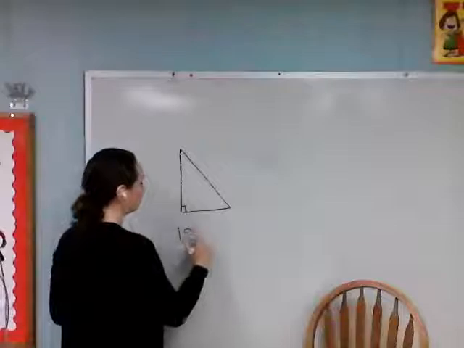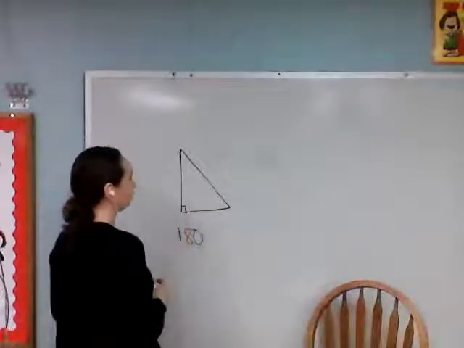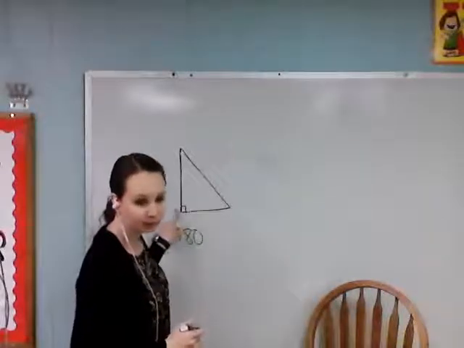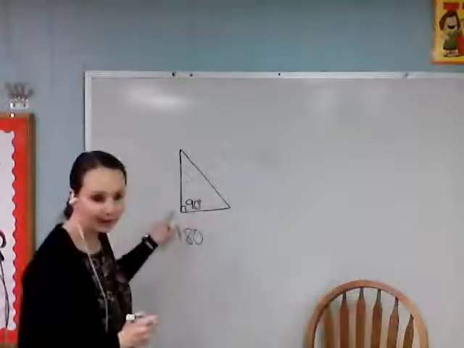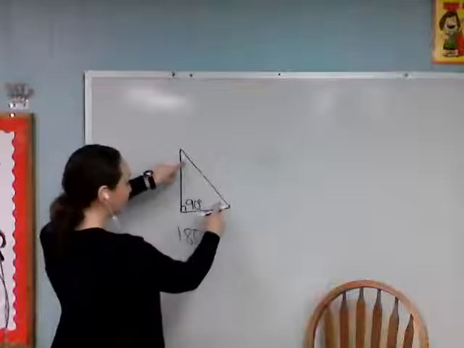Okay, so if it has a box like this, what does it mean? And what degrees is this going to be? 90, good. So this one's 90 degrees. So write that down up by that. Now, these 2 then have to equal,